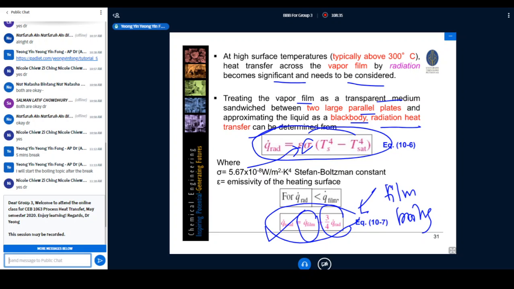For Q film, it is a bit more complicated. You need to refer to two temperatures. One is the film temperature between the surface temperature and the saturation temperature for all the vapor properties. And for liquid property, rho L and hfg, the latent heat of vaporization, you need to get it from the T saturation. And finally, under film boiling as well, you need to consider the radiation effect and you have the Q total. Okay, you have the Q total before you proceed on to calculate